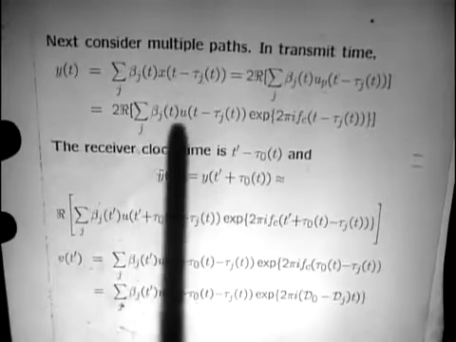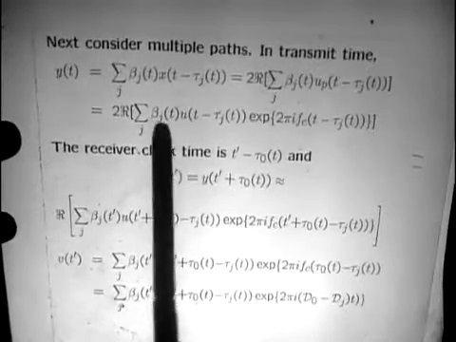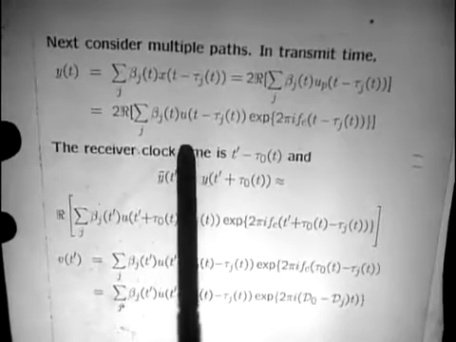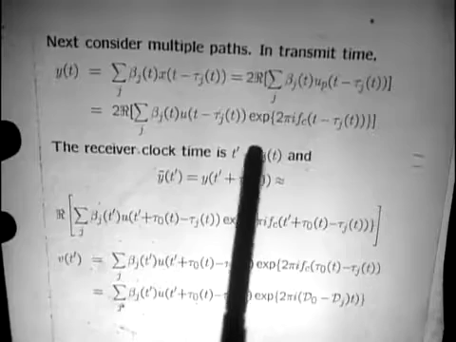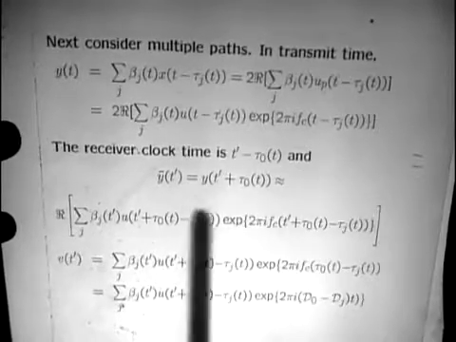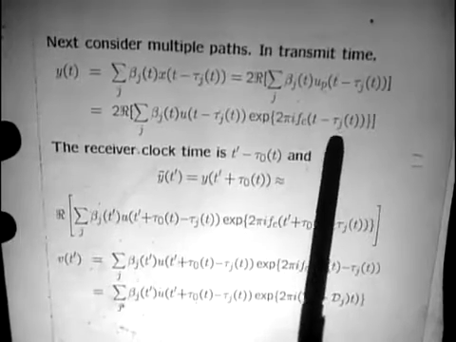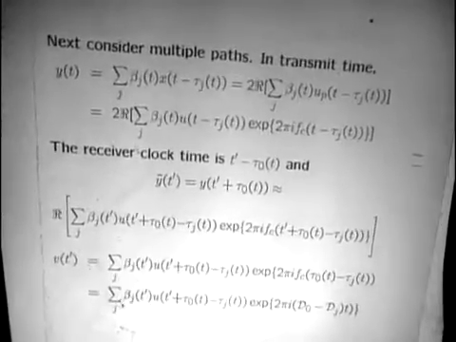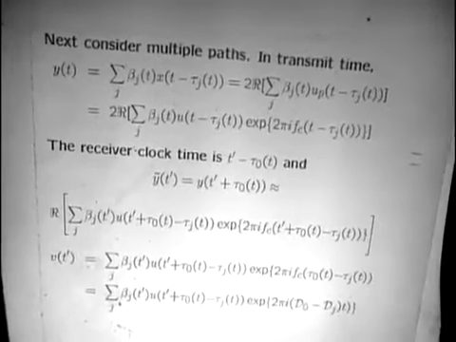And if you look at this expression, then we have all of these propagation delay terms. We have this baseband input, which has been delayed in different ways for each path, and you have this exponential, which has been delayed also. Okay, so at this point, the receiver is in a real pickle, because if the receiver is smart enough to